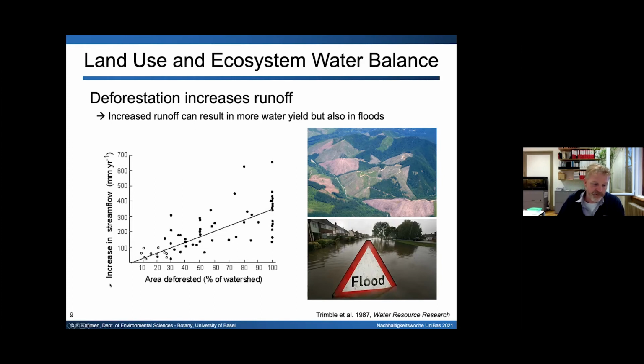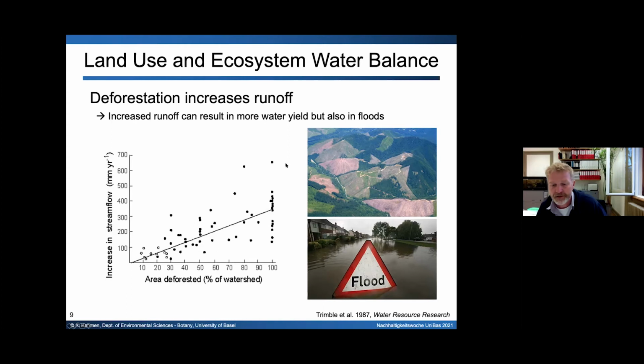And this is what happened to the runoff. So the area deforested in a watershed is linearly related to the runoff coming out of the system. With the equation that I've just shown you before, this is pure logic, right? That's not very hard to understand. The consequence, of course, is that the river systems were not adapted to this, because they were adapted to watersheds with much lower runoff. So in situations of heavy rain events now, these river systems couldn't carry the runoff anymore, and